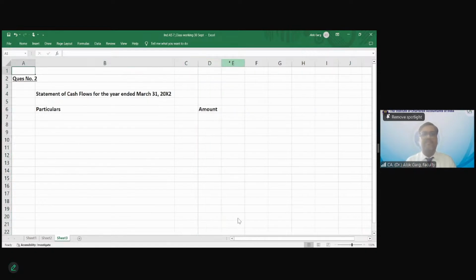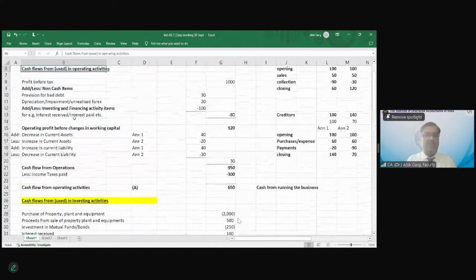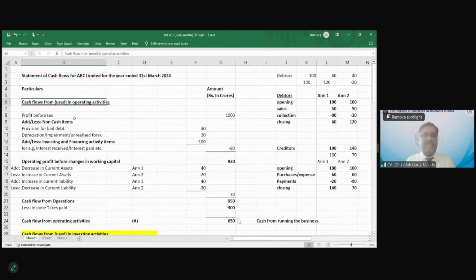Particulars, amount. First of all, I'll start with the first section. What is my first section? My first section is cash flow from